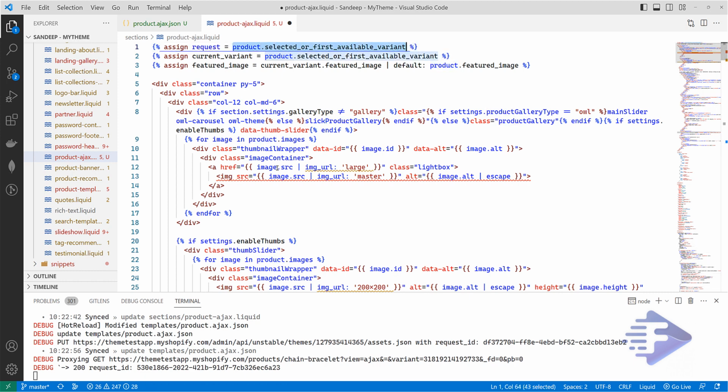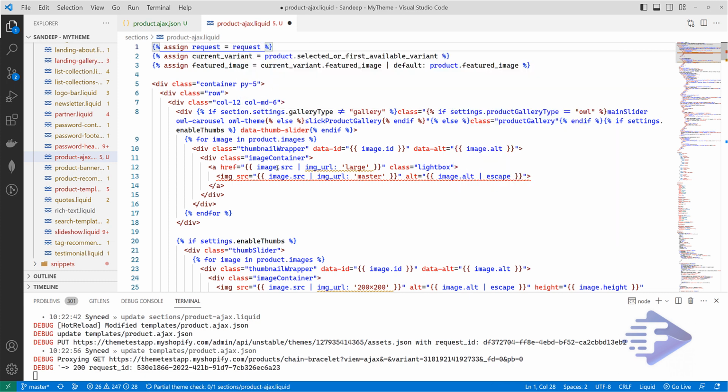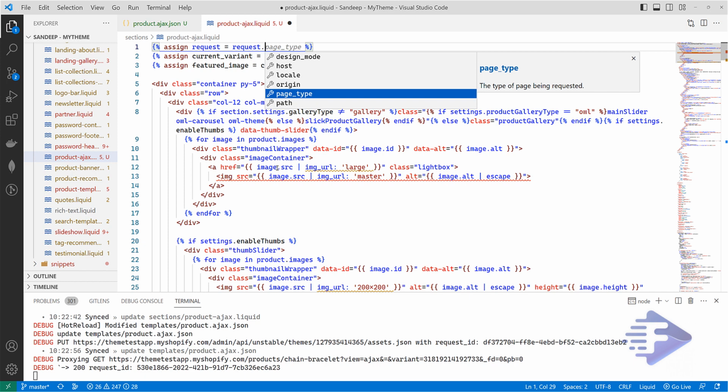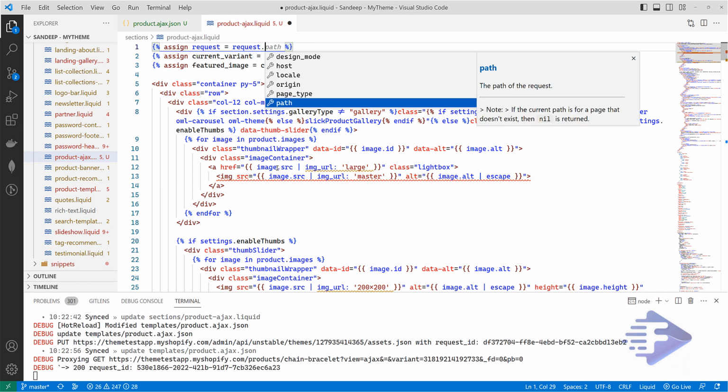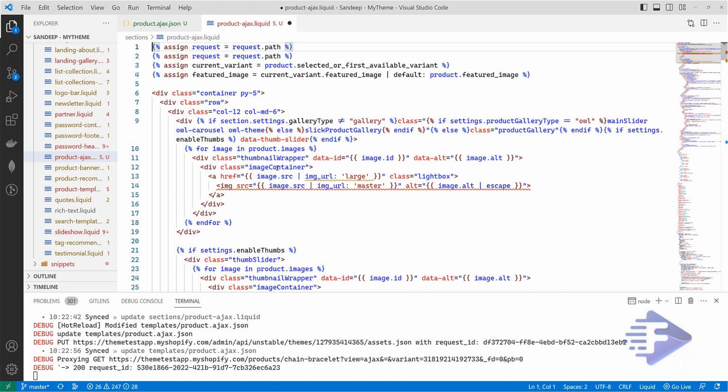And here I'm going to say request dot path, and let's say this one host and path.